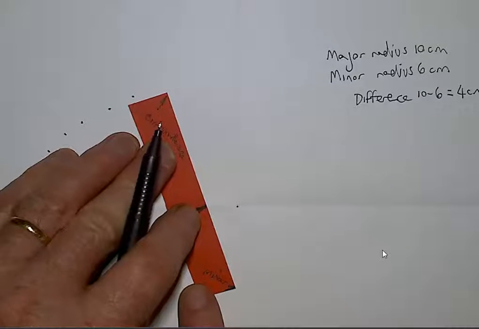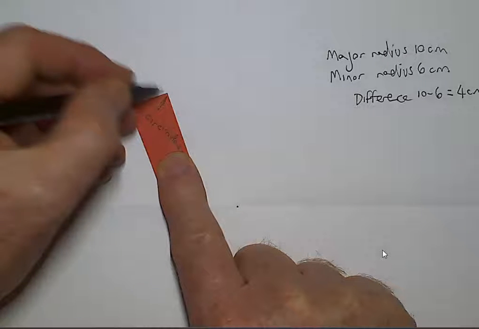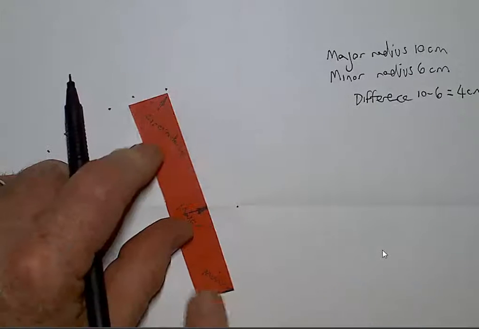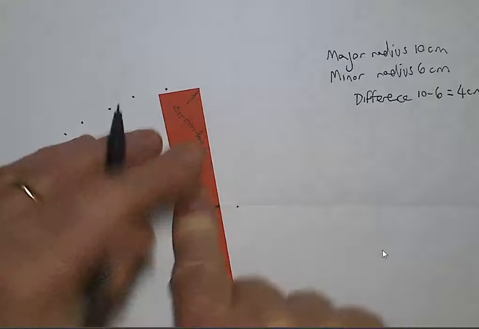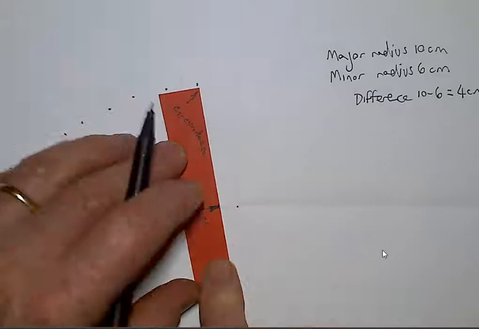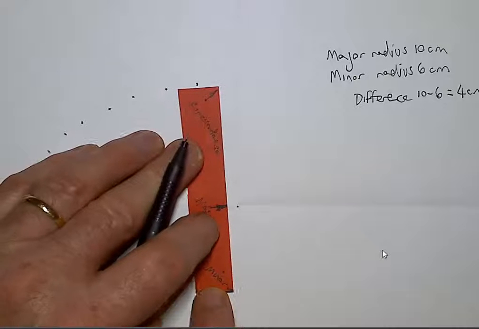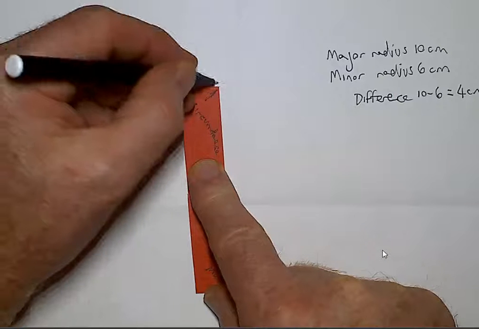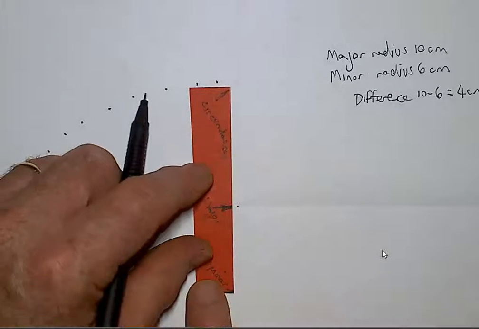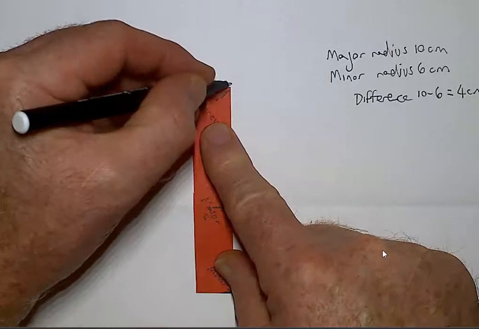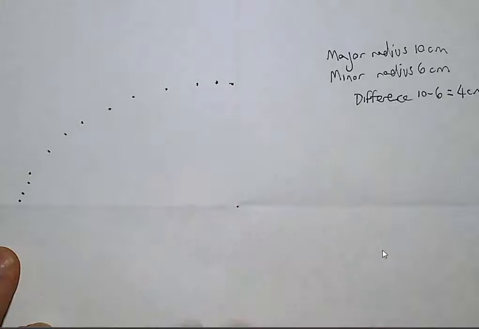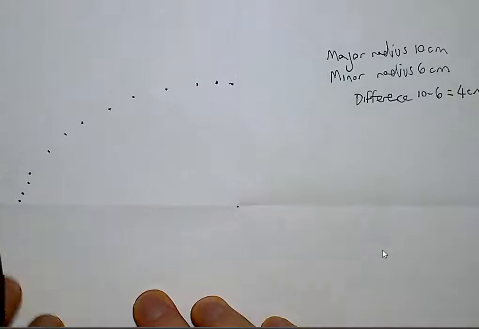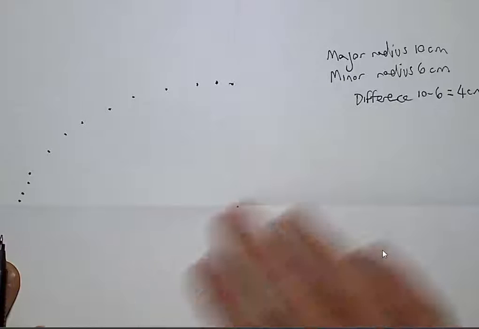Now you can probably take a little bit more time over this than me, and you'll probably get a better job. Minor, major, circumference, until we get right up to the centre. Now, those points around there are all on the circumference. Now, I've just done a quarter of my ellipse, but that's probably all I have to do,